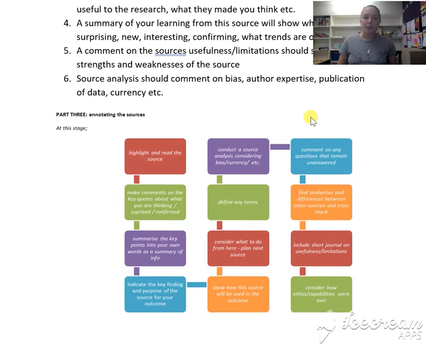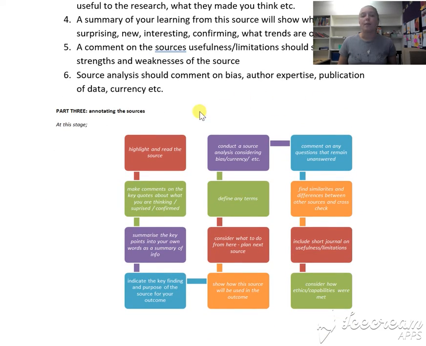So annotating is going to be a bit different for everyone, but we've put together a bit of a flowchart of roughly the same steps that will emerge. So first of all, you need to read and highlight your source. You need to know if it's actually a good source. You're then going to make some key comments about the quotes that you think help to support your question and